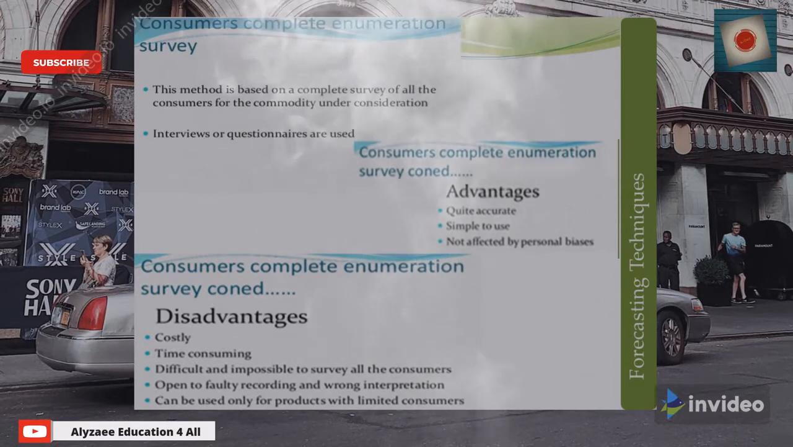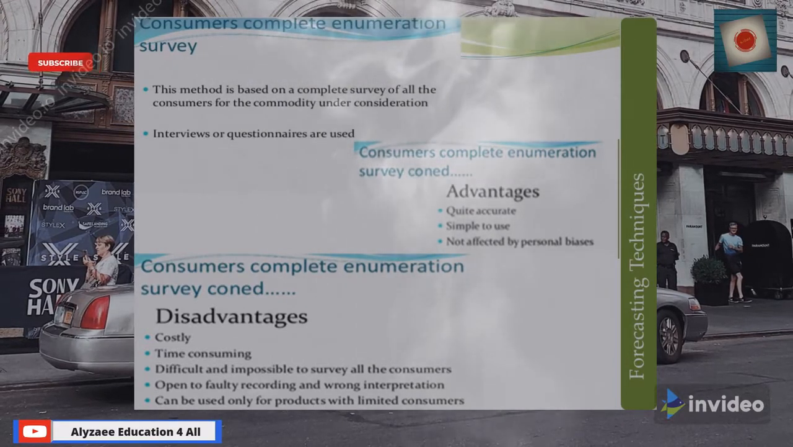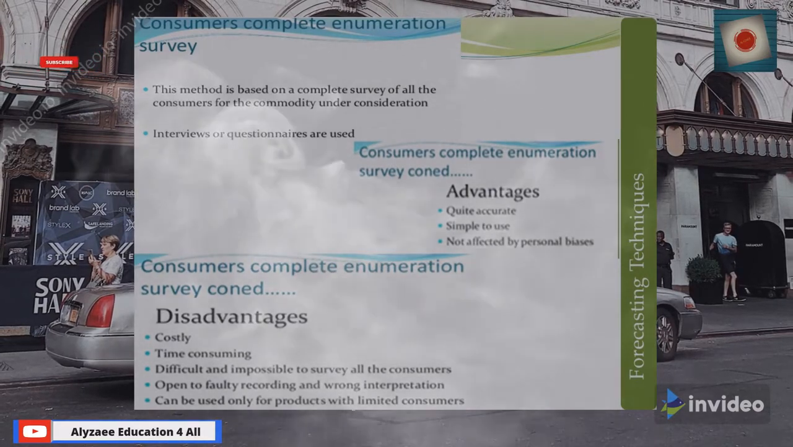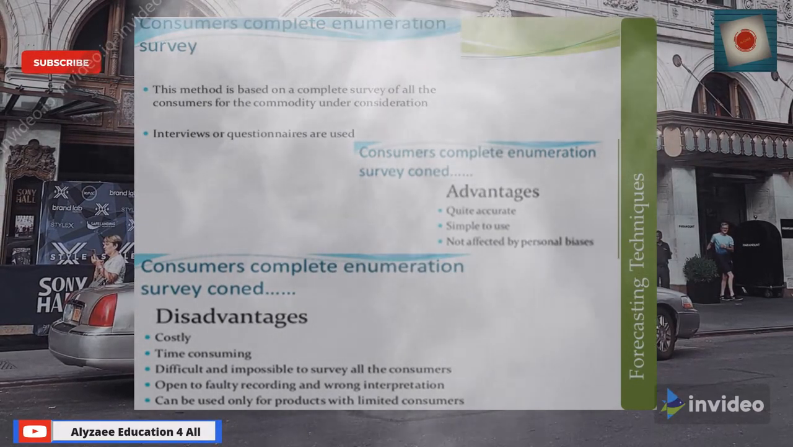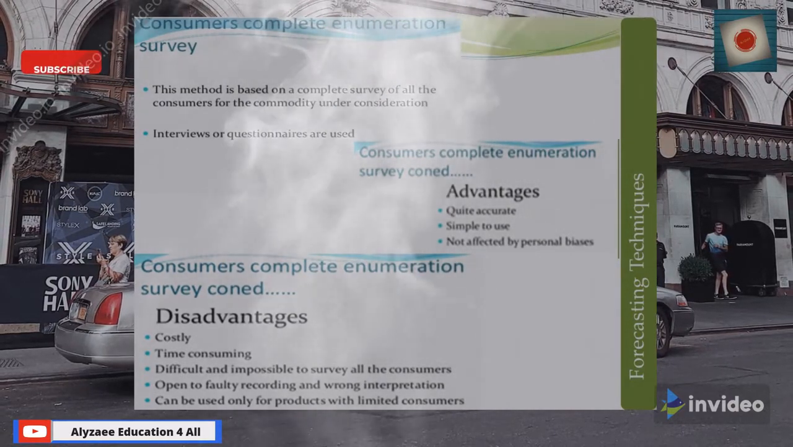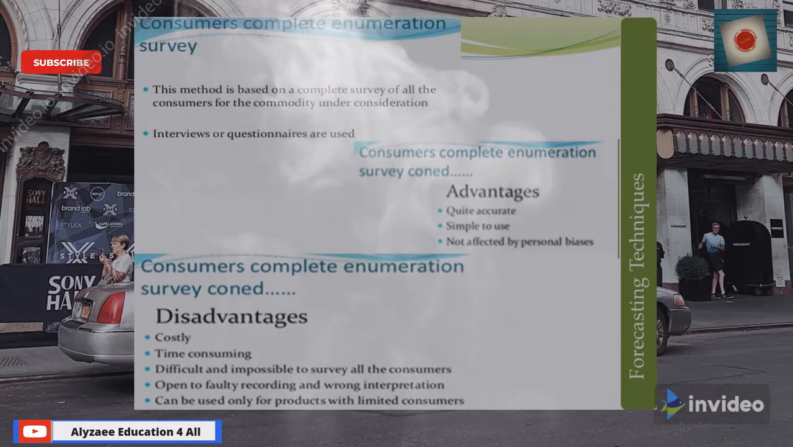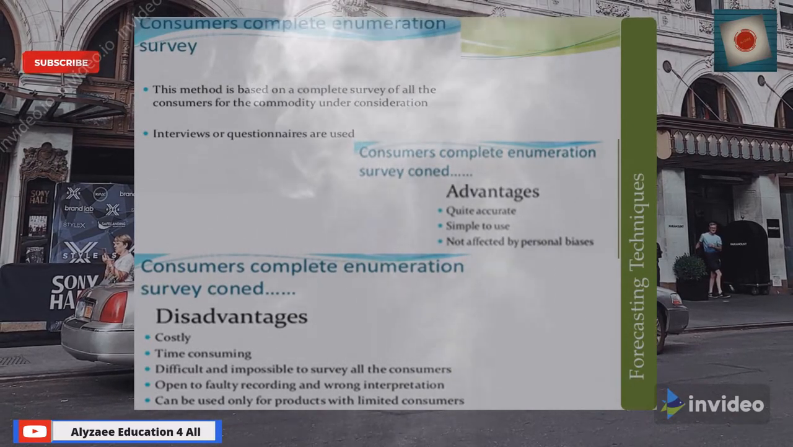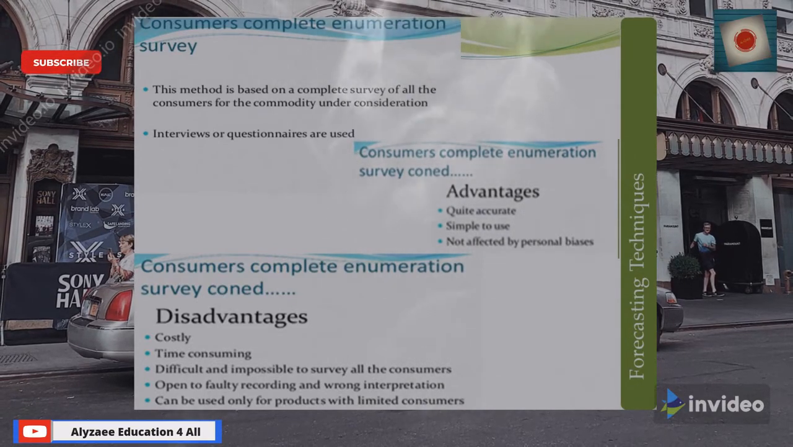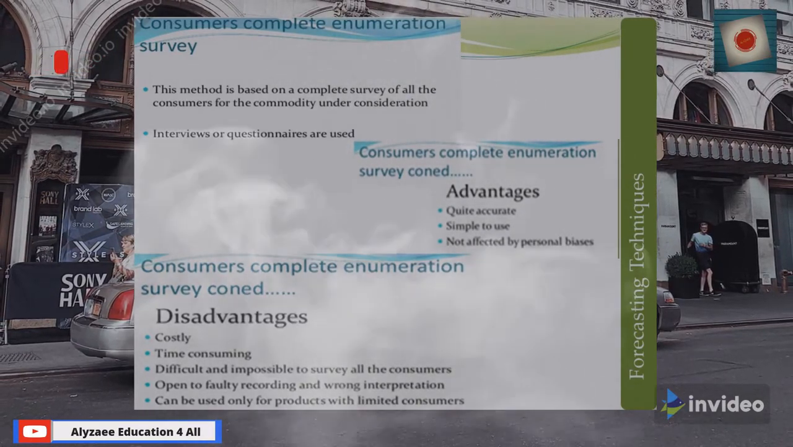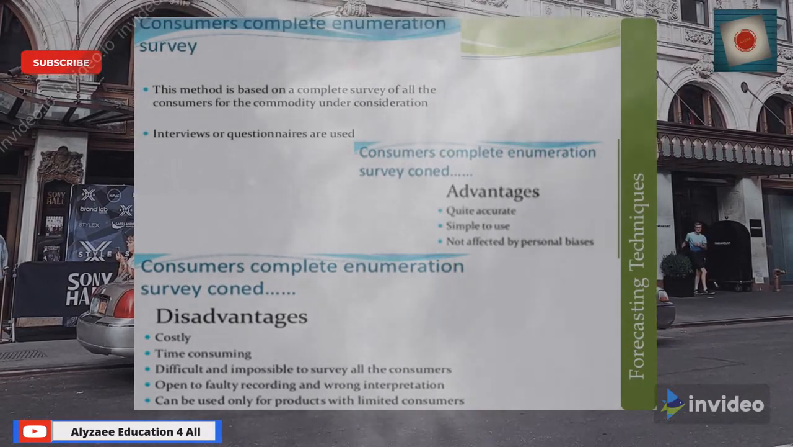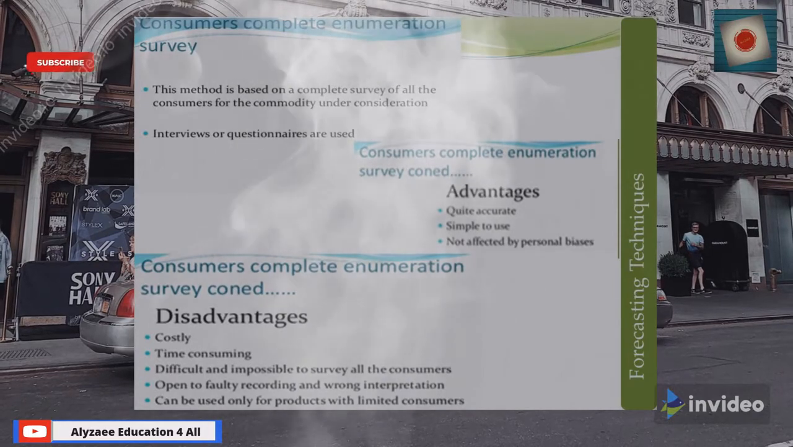Consumer complete enumeration survey. This method is based on the complete survey of all the consumers for the commodity under consideration. Interviews or questionnaires are used. So in this particular survey, there are advantages and disadvantages, both involved. Advantages are that it is quite accurate, simple to use and not affected by personal bias, whereas disadvantages are on the higher side: it is costly, time consuming, and difficult or impossible to survey all the consumers,